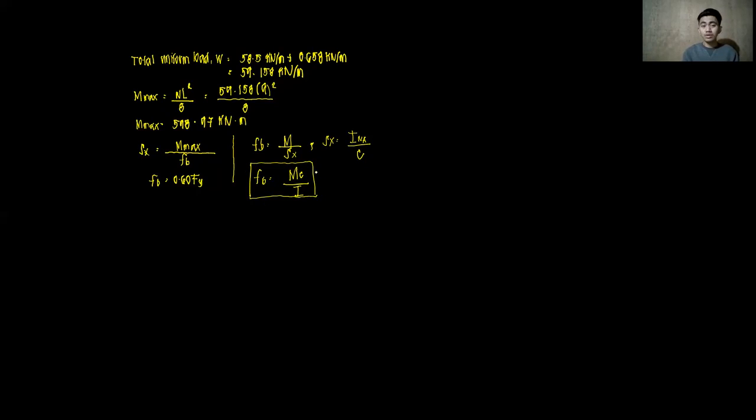All right, so take note, where do we get C? C will be your maximum distance from the neutral axis to the topmost part or the bottommost part of your section. So let us determine the value for Sx. Of course, you just input the values. So I will have here Sx is equal to maximum moment, that is